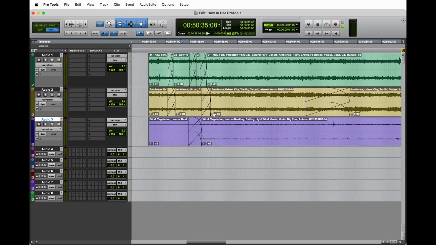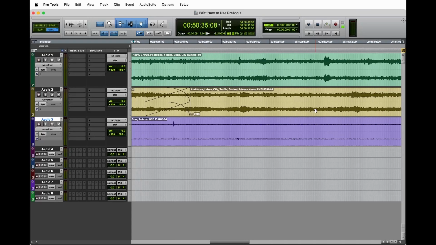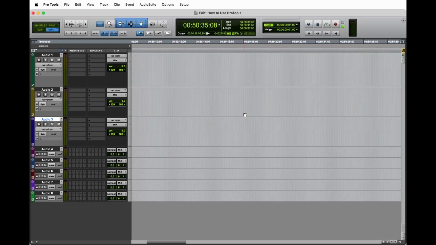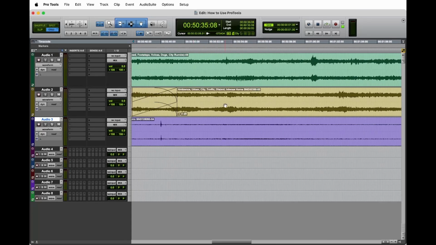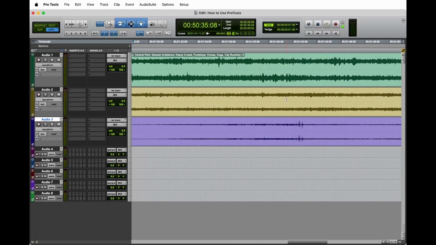We've made all of these line up perfectly from the beginning, and these crossfades sound natural as well. Of course, yours might not look exactly like this. It may look and sound a little different, but just make sure you're using your crossfades to make it sound natural in the transition from one clip region to another. And also make sure this end lines up perfectly with this beginning here by cutting off some of the end and moving it to the beginning,